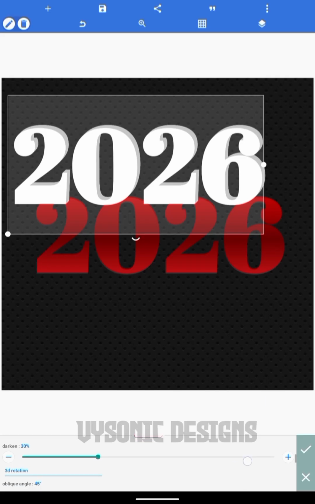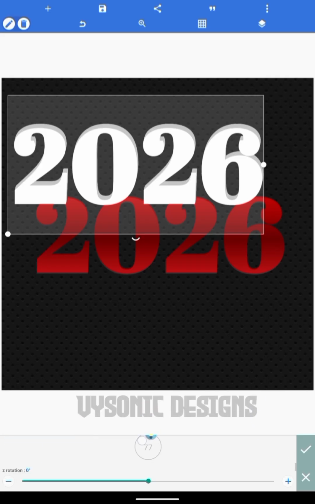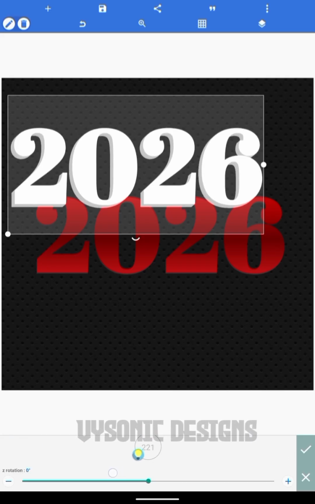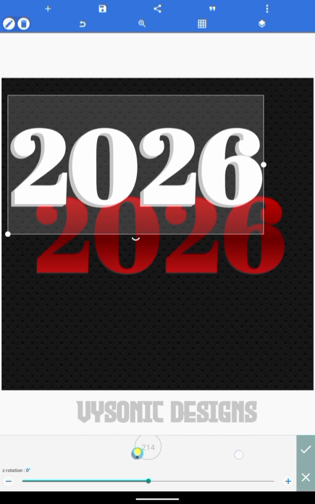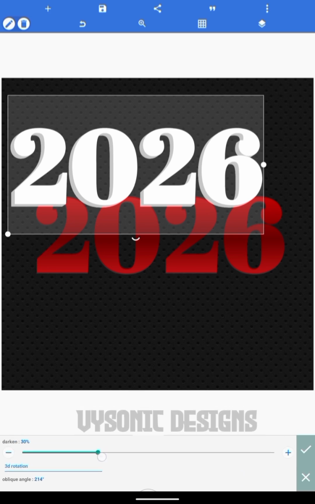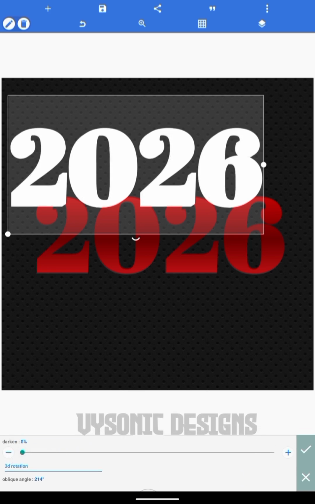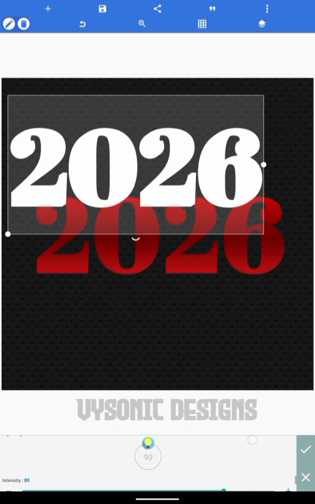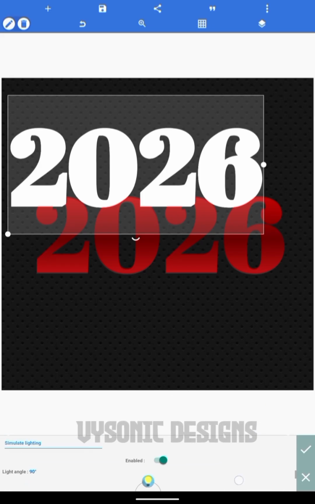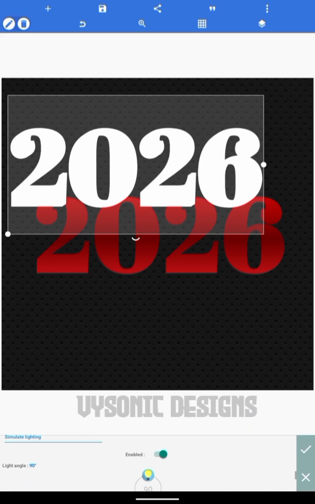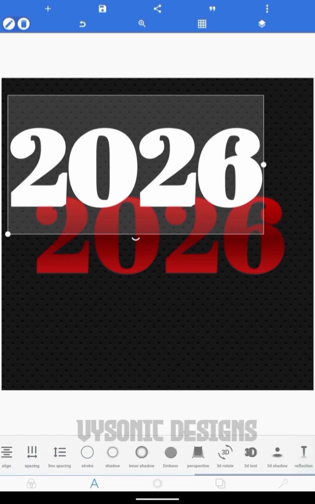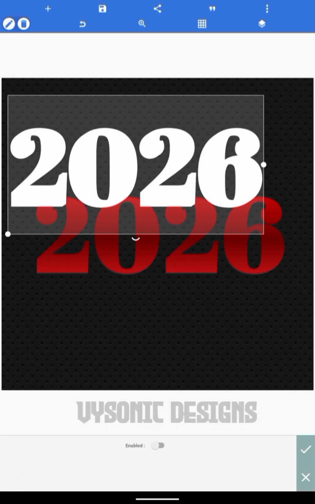And then we reduce the darken to 0. Put the angle to 214 or your desired angle. Put the darken to 0. Turn off simulate lighting, because that feature spoils some of our designs sometimes when we are using 3D text. Now we enable stroke,